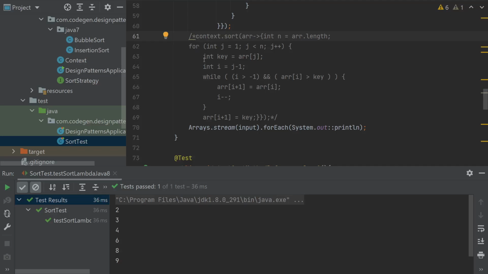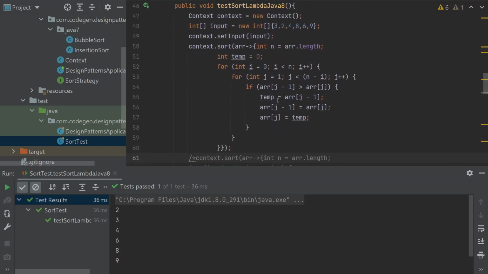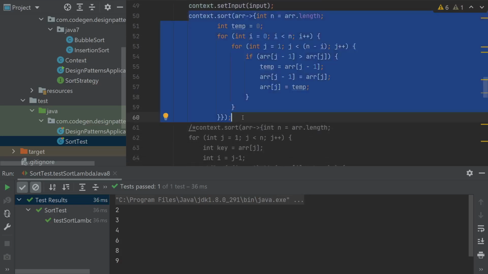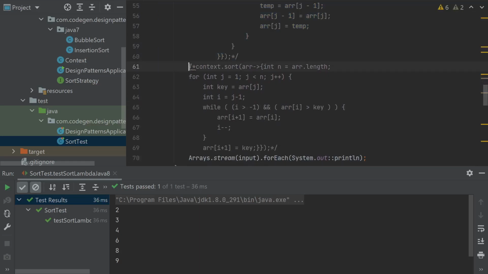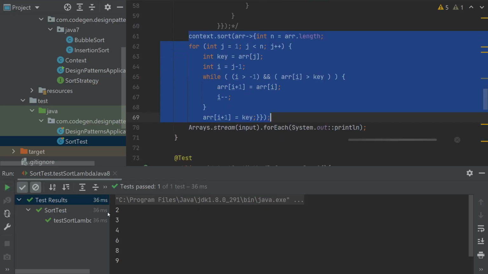This is the implementation for a bubble sort, and we can effectively replace it with insertion sort by just replacing the code in the lambda expression. This also runs the same operation and gives the same output, but it effectively uses a different sort algorithm,